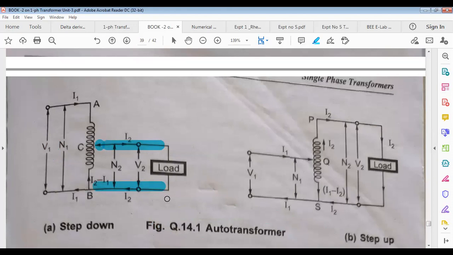Okay, so if you want to step up or step down the voltage, then go for transformer. Fixed voltage you will get across its secondary, but whenever you want variable AC voltage, go for auto transformer. Okay, in both transformer and auto transformer, input is also AC, output is also AC. So auto transformer means variable AC voltage.